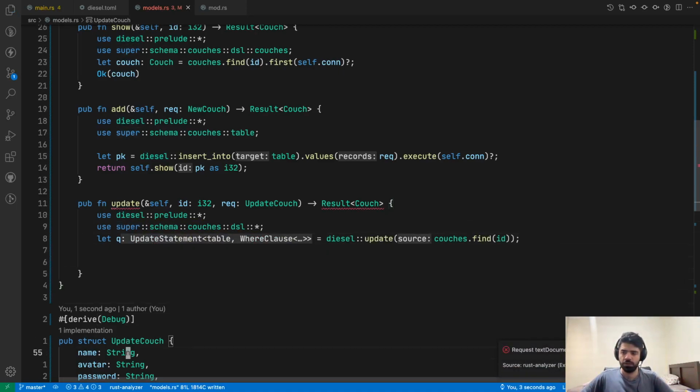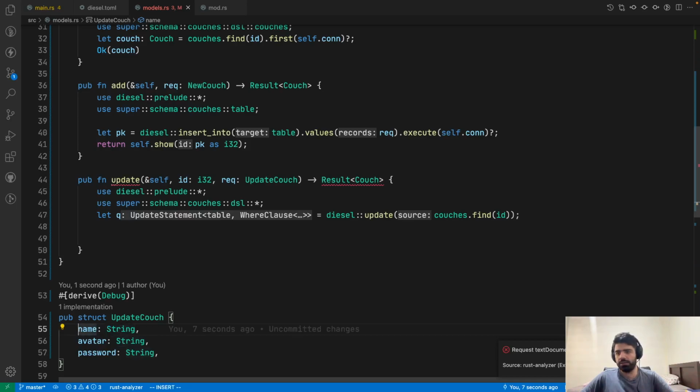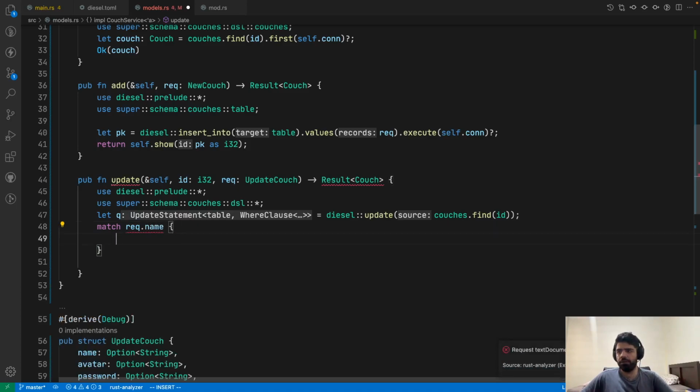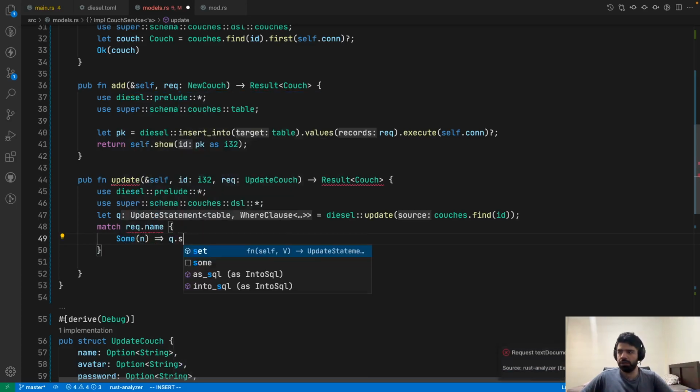So what I want to do is to make these optional, because each time a user wants to update something, he or she does not want to update all the fields he or she can update. So I'm gonna make these optional so I can check if these are filled or not. Okay. So now what I will do is I say match over request.name. If it's a Some of some name, I will do q.set